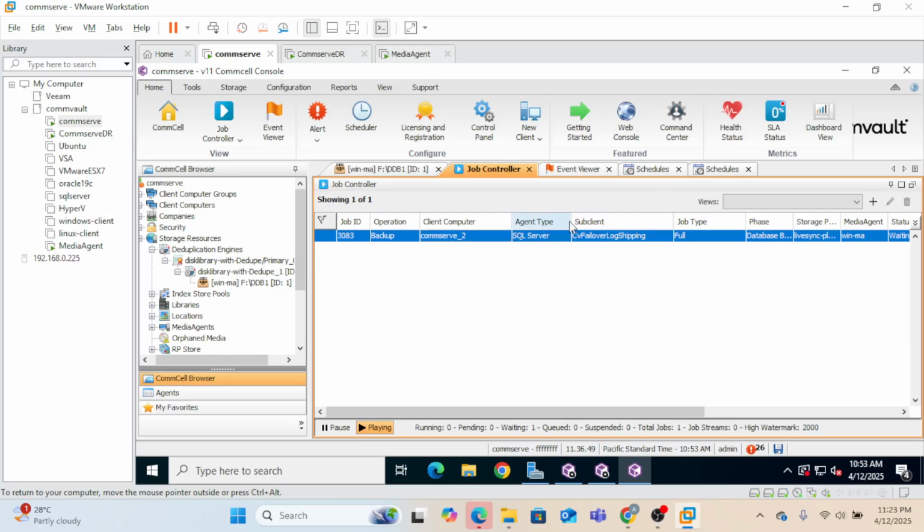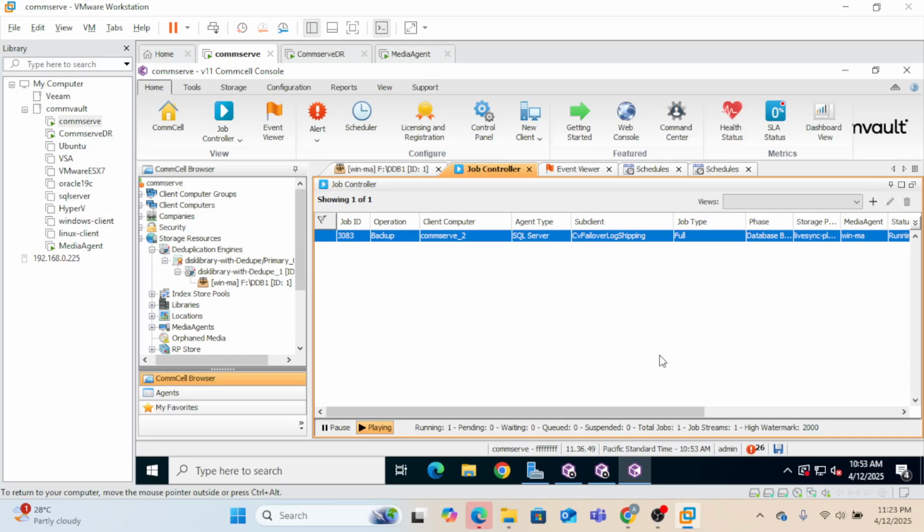I'm just trying to be on the safe side because I don't want to reproduce a failure scenario, so I'm running the log shipping job and the replication job so that the DR